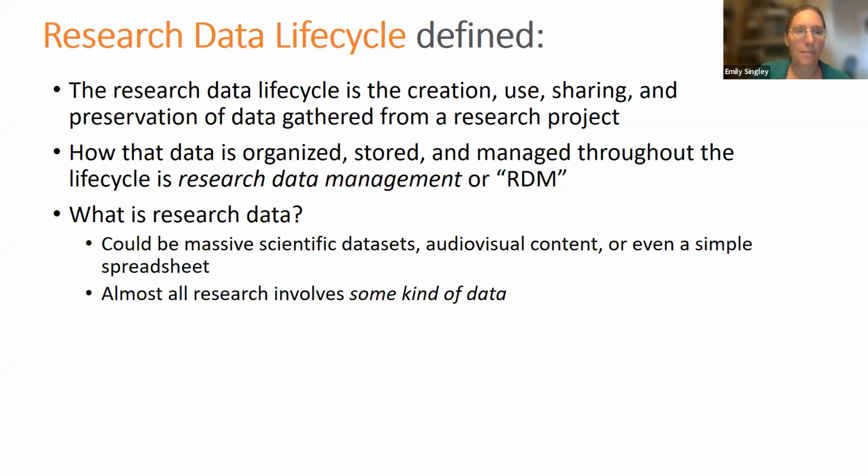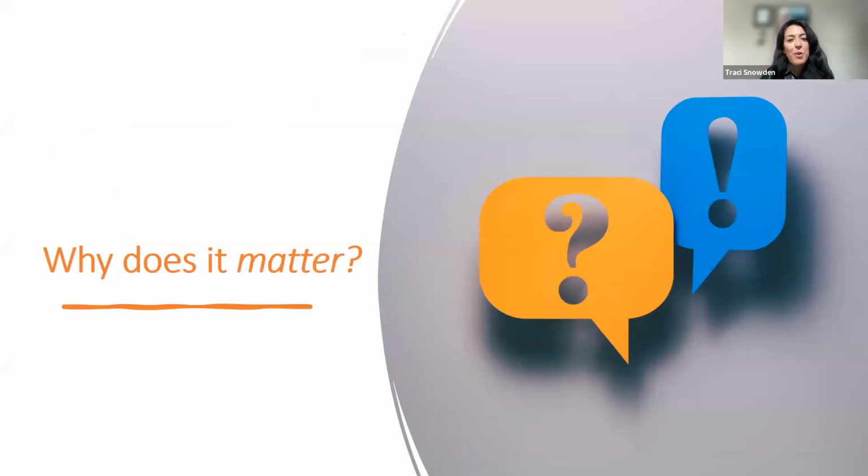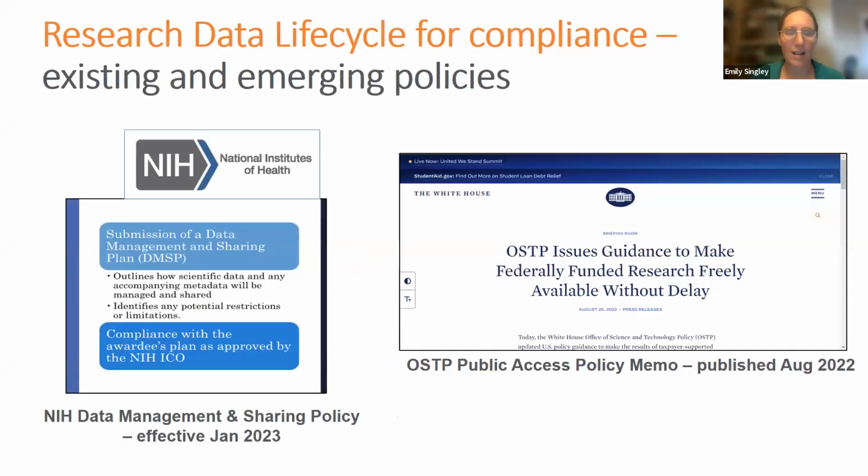So Emily, since we're thinking about this from the perspective of the researcher, why should the researcher care about managing their data? I mean, it's something they can do however they want, right? It's their data. Exactly, Tracy. So why not just let them do whatever they want? Why does it matter? I think to get to that, there have been some interesting developments, particularly here in the United States, around policy. The answer is not just because it's the right thing to do, although that's always been true, but because now it's actually a requirement.